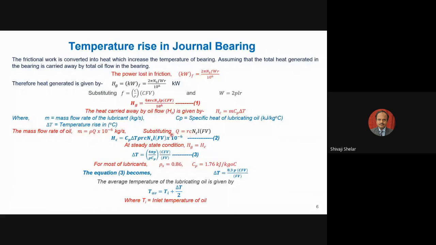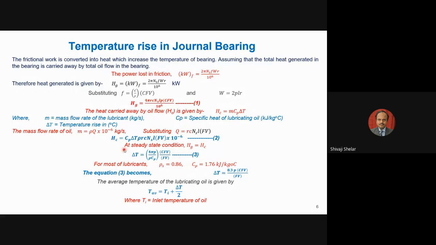Q is equal to, this is by flow variable. Flow variable is equal to Q upon RC NSL. So therefore Q is equal to RC NSL into flow variable from the previous slide. So you can put this value in this equation of HC here. HC equation will be equal to Cp into delta T, which will remain the same, and M will be rho into Q. You are putting this value of Q here. So this becomes rho RC NSL into Fe into 10 to minus 6.